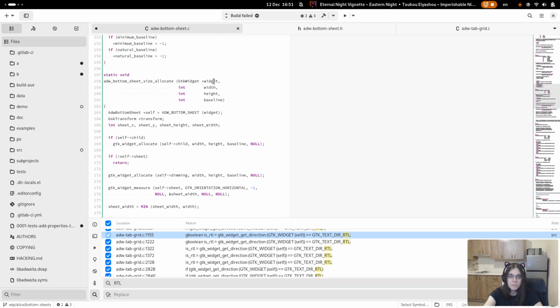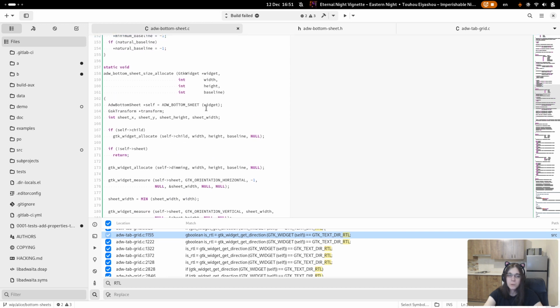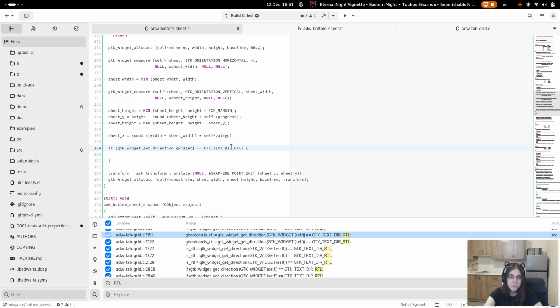And well, GTK widget itself, I can just place it widget because self is already cast off that variable, that parameter.